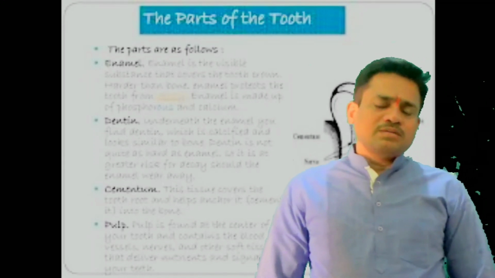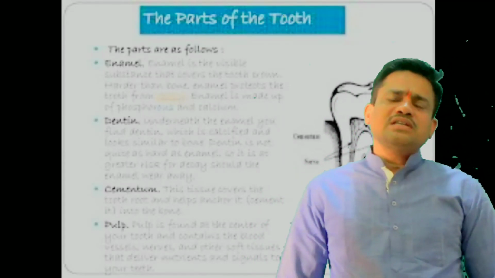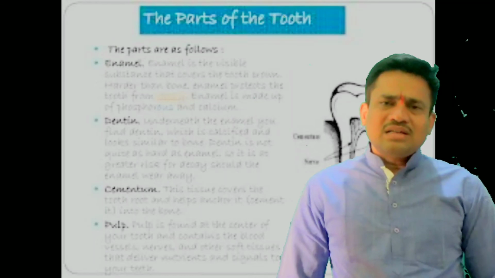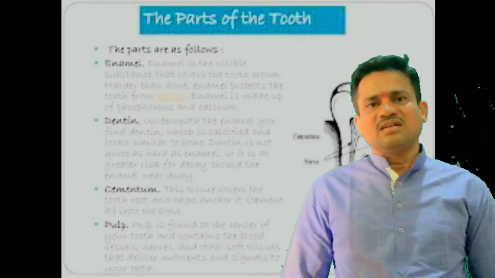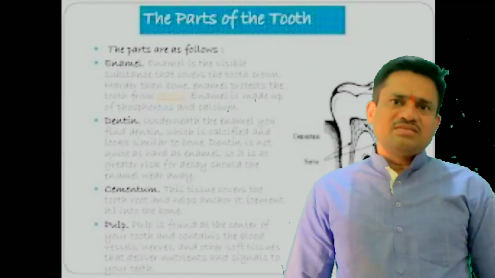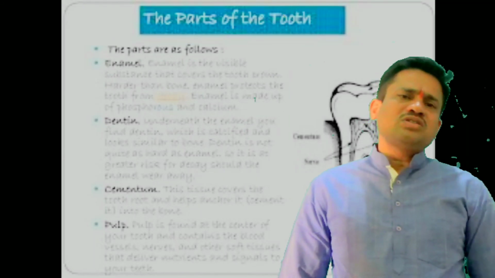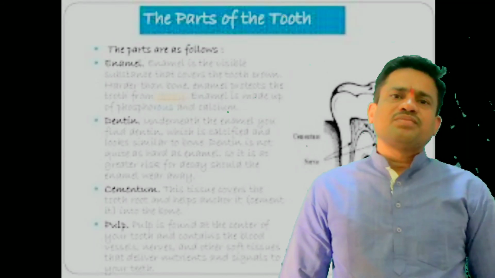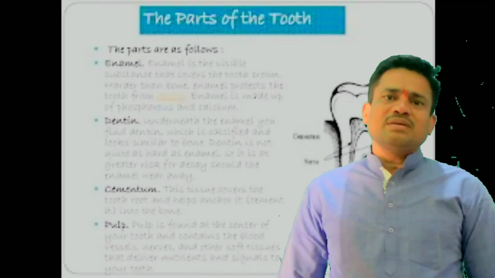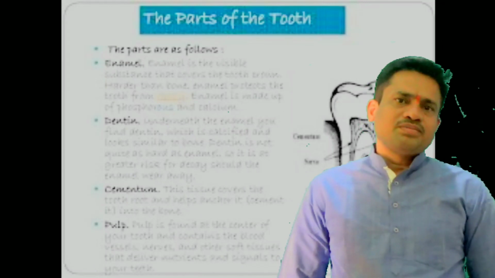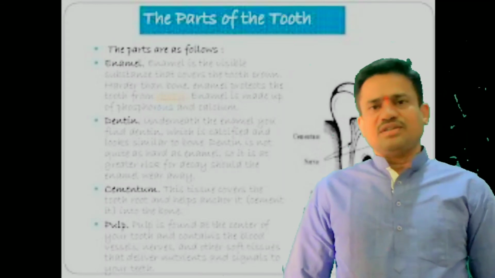So next one, acrodont and thecodont. In some organisms, the teeth are arranged on the surface of the gums. Those types of teeth are called acrodont teeth, for example in amphibians, such as the frog. But in most mammals and most vertebrates, the teeth are arranged in the pits of the jaws. This nature is called thecodont dentition.